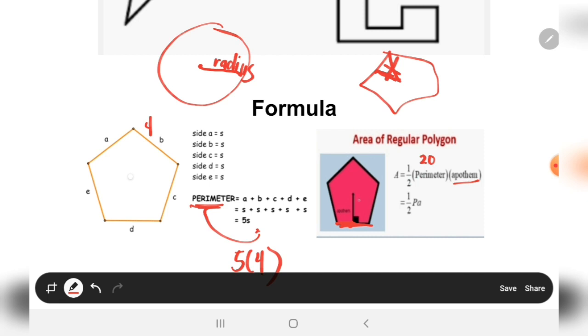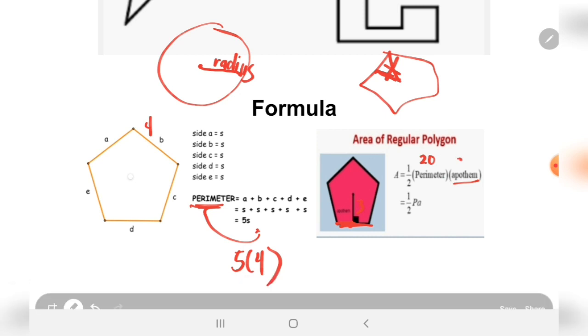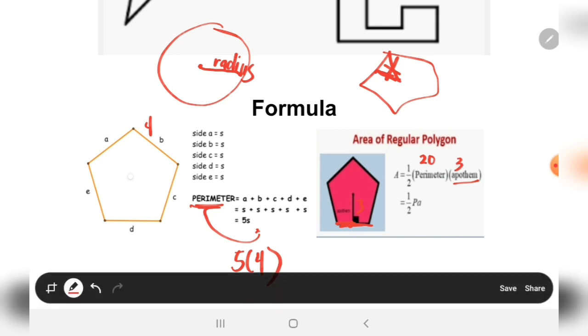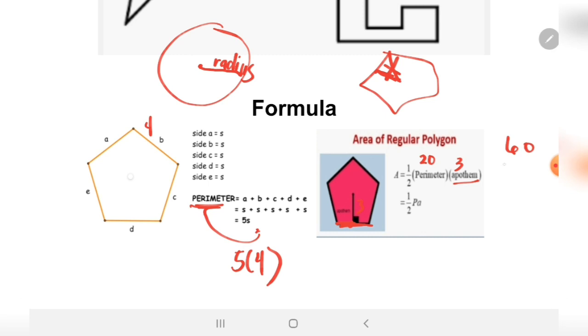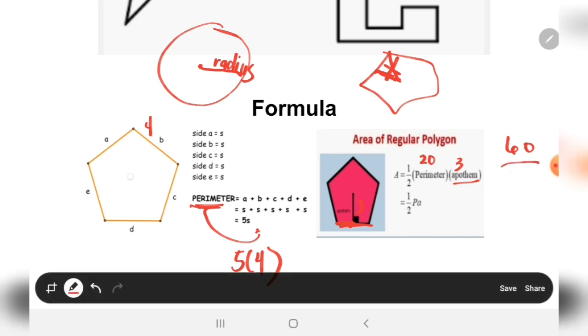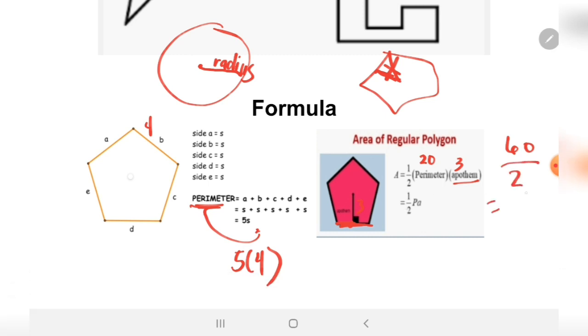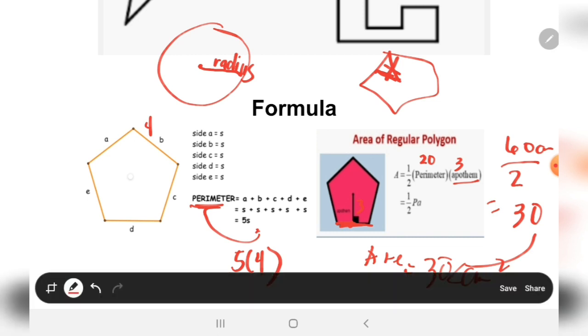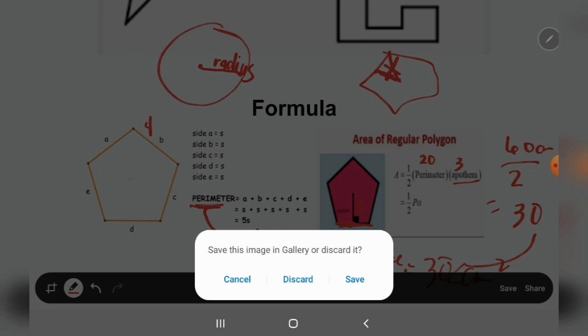The area is 1/2 times the perimeter times the apothem. For example, this is 3, so that means 20 times 3, that is 60, and then you divide it by 2, and that is 30. That means that the area is 30. For example, if this is centimeter, then that is 30 centimeters squared. Next,